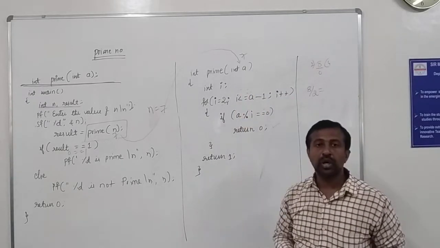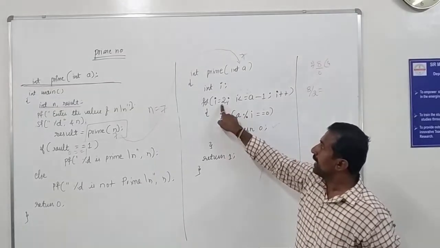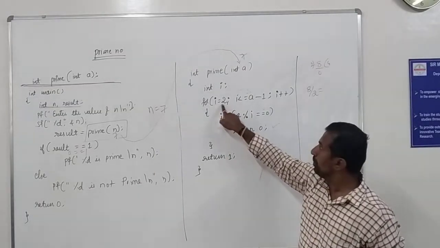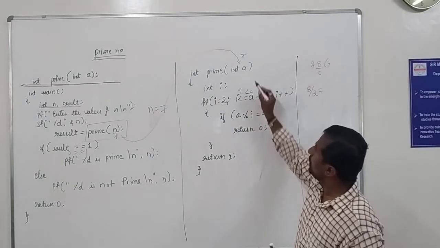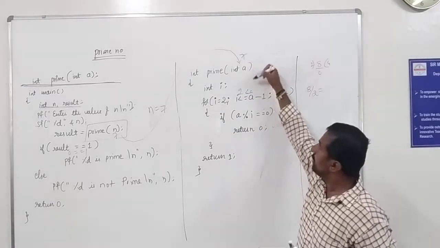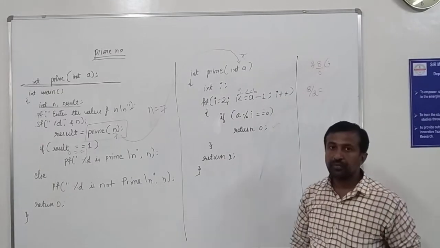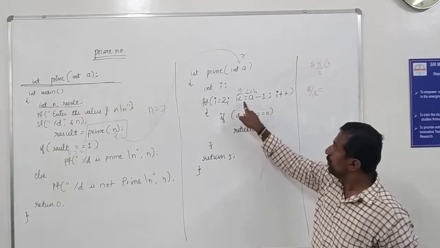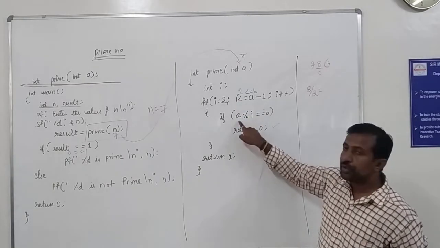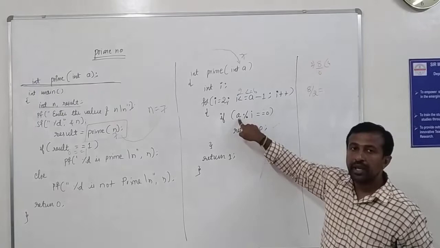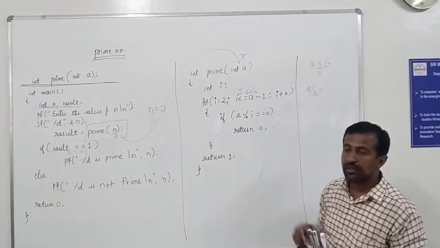Use some local variable called I. Again, I is going to start with 2. Check the condition here: whether 2 is less than or equal to A minus 1, where A is 7, so 7 minus 1 is 6. Condition true or false? True. When this condition is true, you are going to execute the if condition. Substitute the value of A here now. A is how much? 7 now.